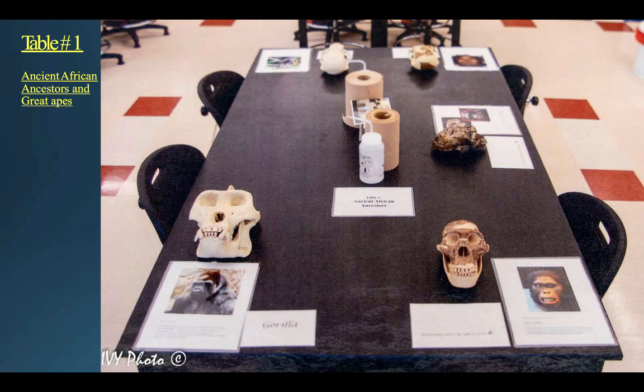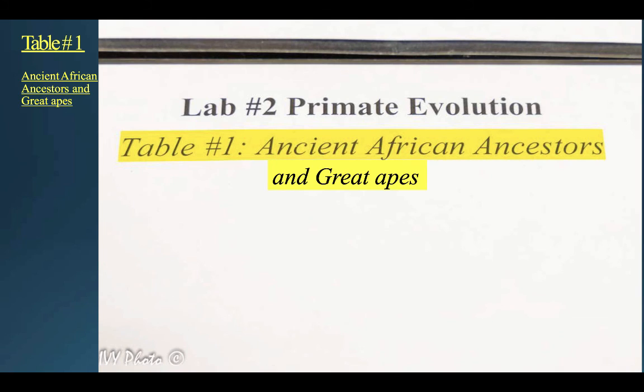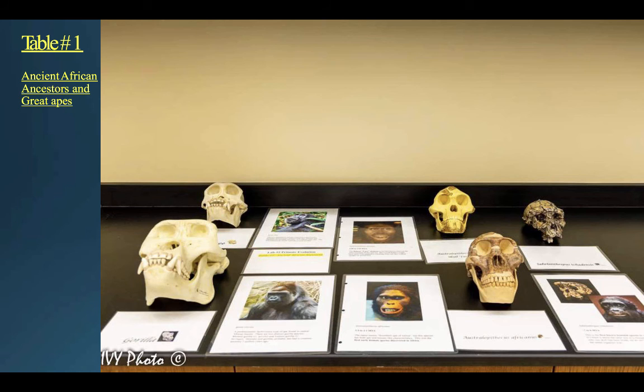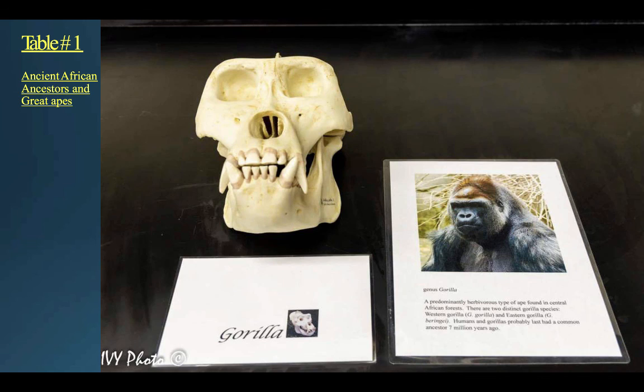So this is showing you a picture of if you were in lab, this is what you would see, right? And so these are the different, so you know there's going to be 1, 2, 3, 4, 5, right? And then what they're going to do is you're on table 1. So this is the first one. And they're kind of showing you what they look like. And then it's going to say gorilla first. And then it's going to show you the gorilla